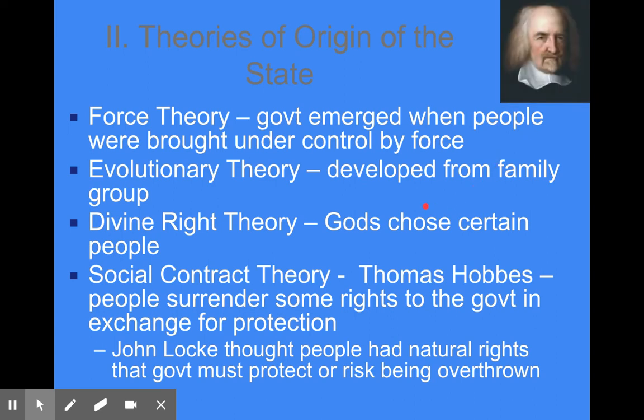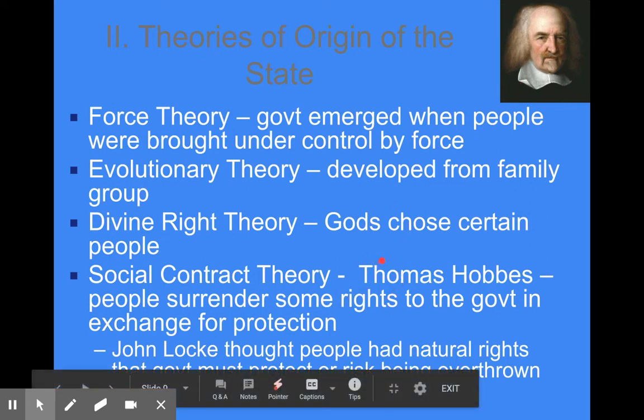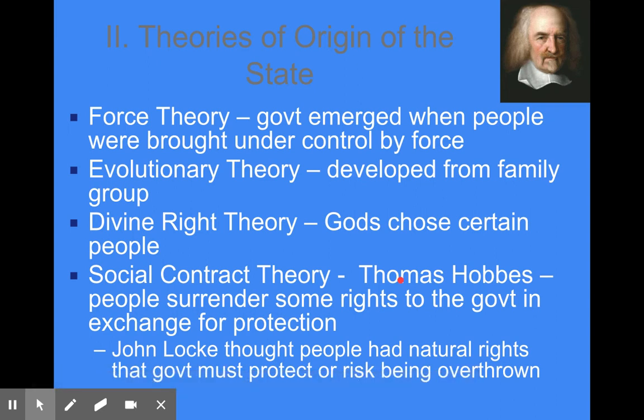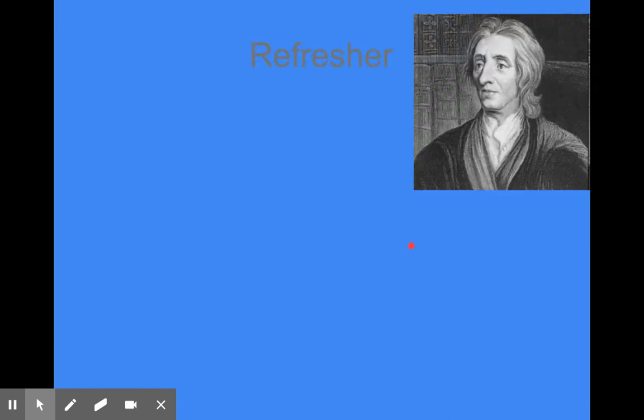So what are the natural rights? There's Thomas Hobbes. He's a grouchy looking dude, kind of a pessimist. If you think about Hobbes, he's like, hey, we should be restricted in our rights. Maybe we shouldn't have freedom of speech, freedom of the press. Maybe we shouldn't have the right to assemble, because that's scary and bad things happen when those things occur. We'll give up some of those rights, just keep us protected. So he was a pessimistic dude, is how I always teach it.